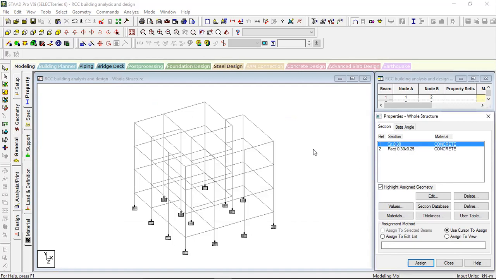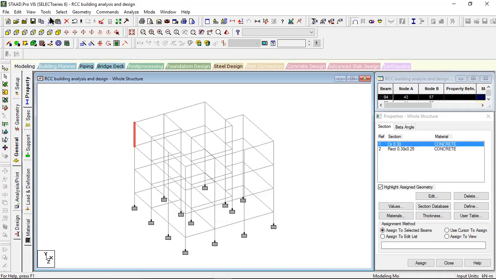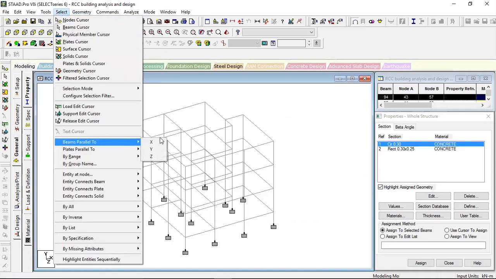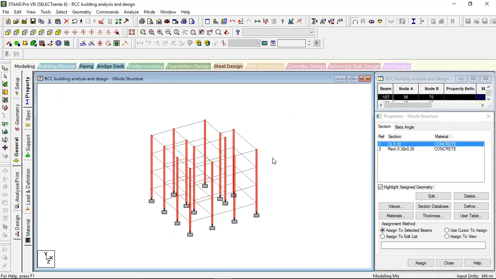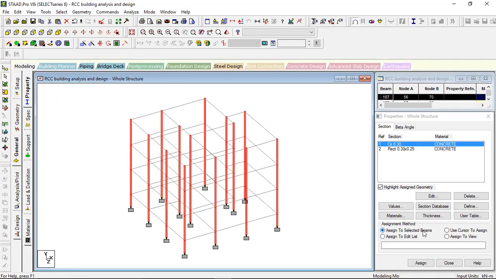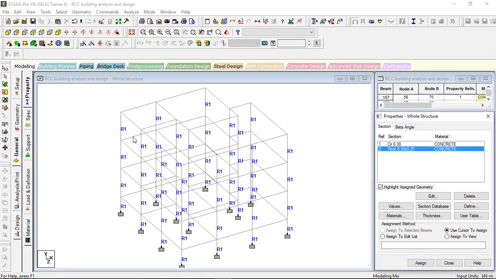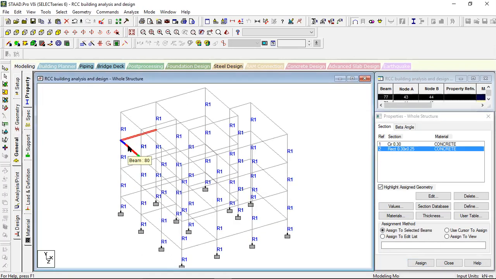Circular columns are there. If I click on it, then I have to select all the column elements. For that, select beams parallel to y direction. All the columns are selected. Assign to selected beams. Assign, yes. Now the second one, beams for x and z members.